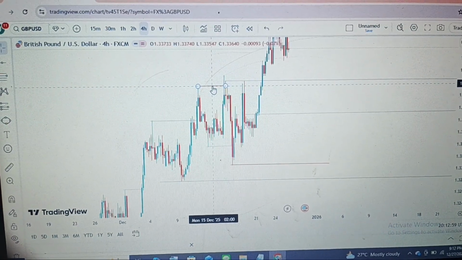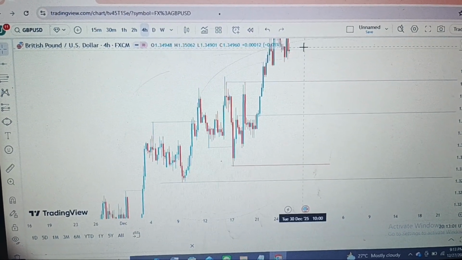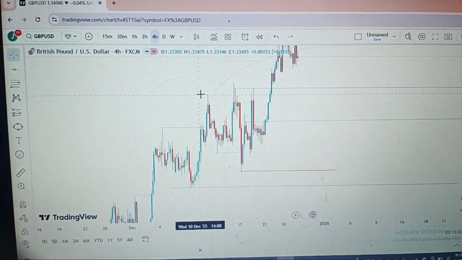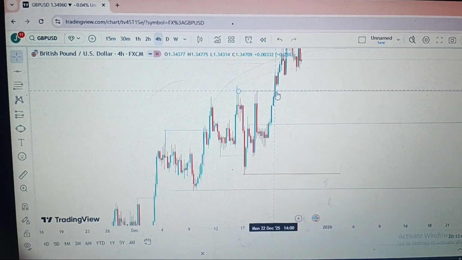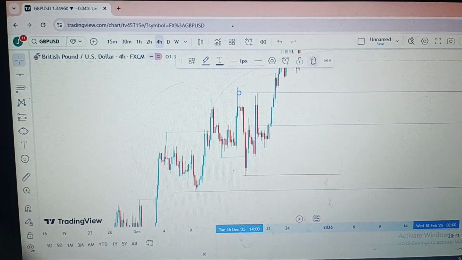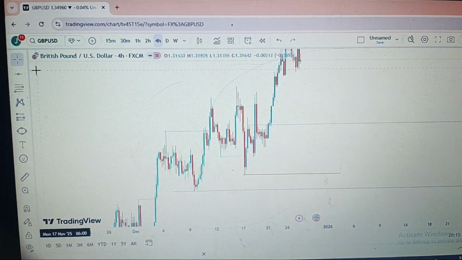So we're going to take this as this. We have this push, like a kind of consolidation. We have this overall push here. Let me take this one out too. So what we have here is